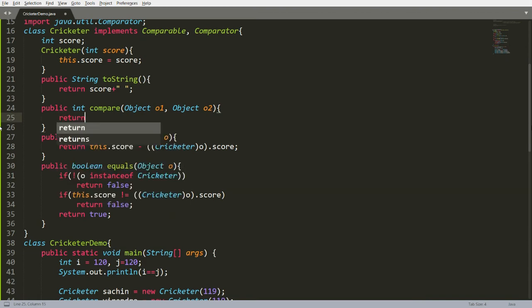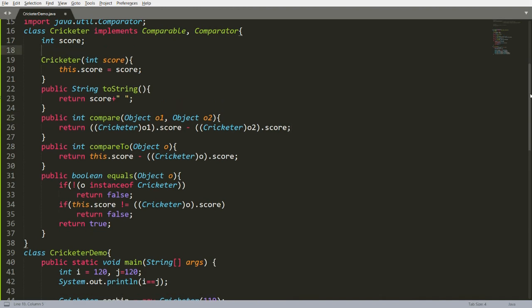You can return, copying this particular statement, O1.score minus O2.score, and simply write the semicolon. So this one line is enough to compare the content of two different objects. I am comparing the score of the two different objects, O1 and O2.